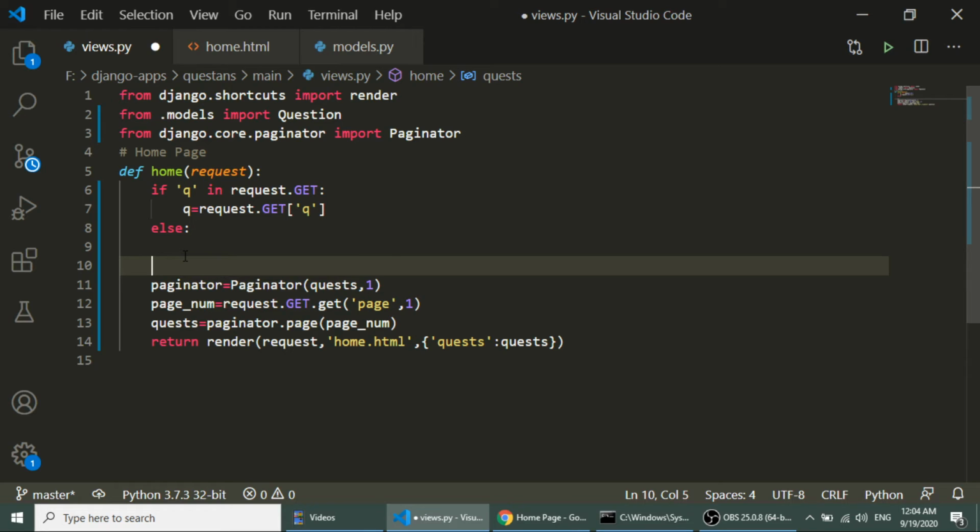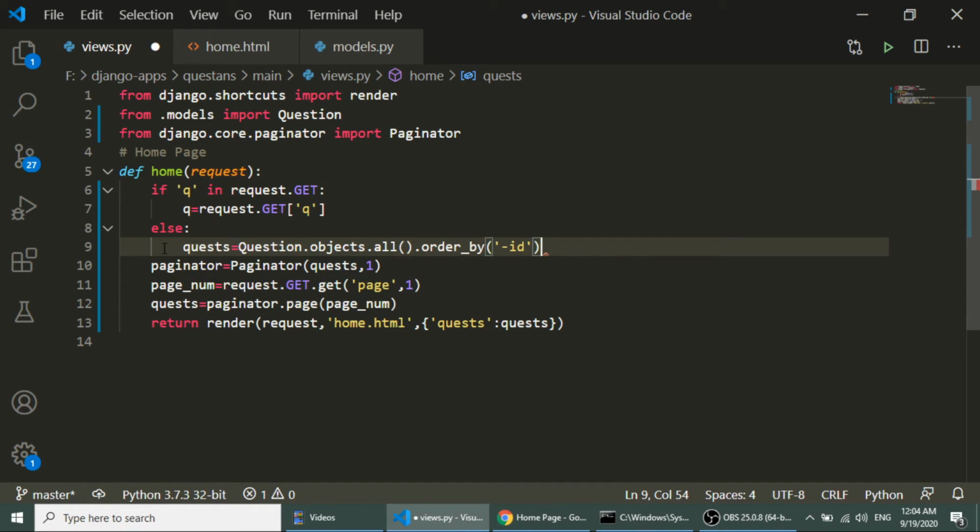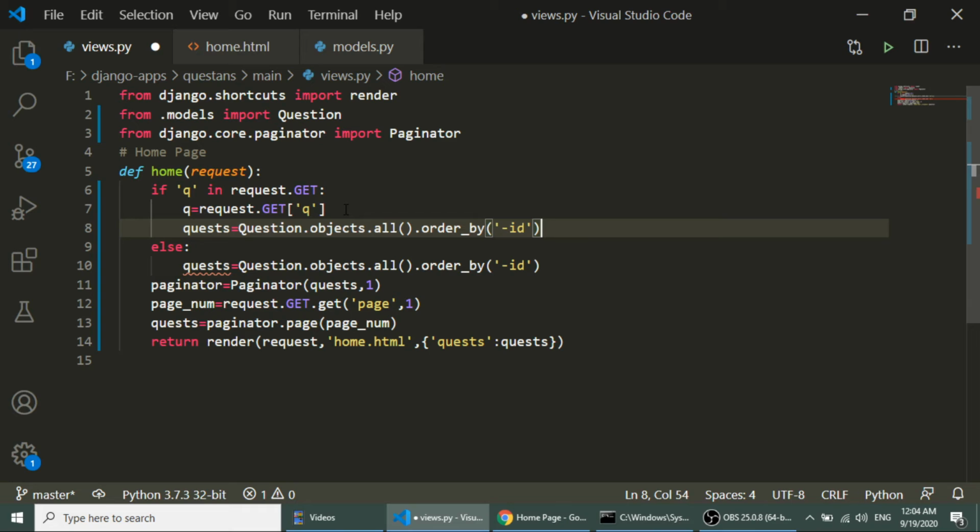So I will add filter here, and here I will add the filter title__icontains equal to q, and the rest of the things will be the same.